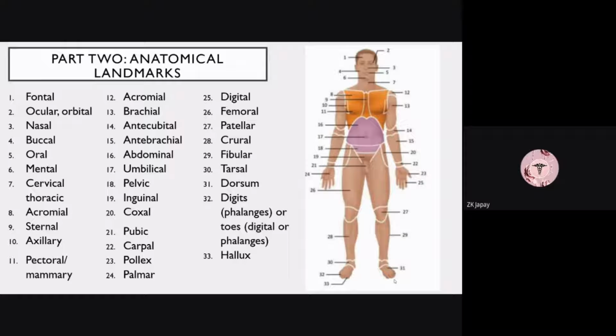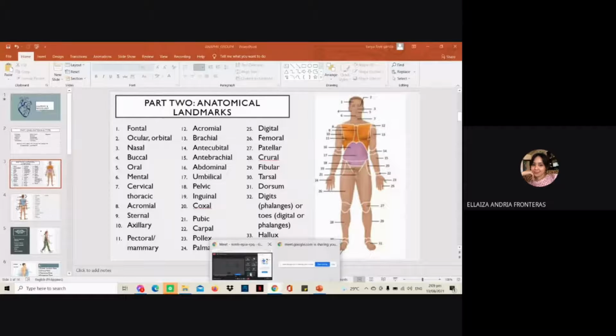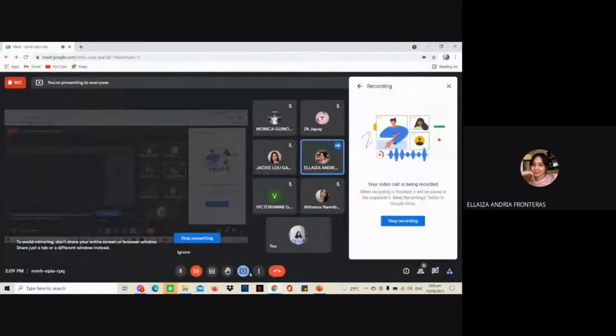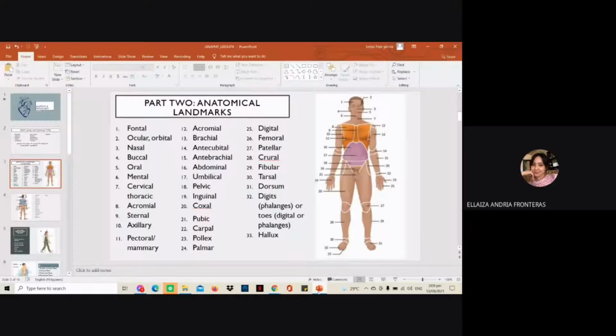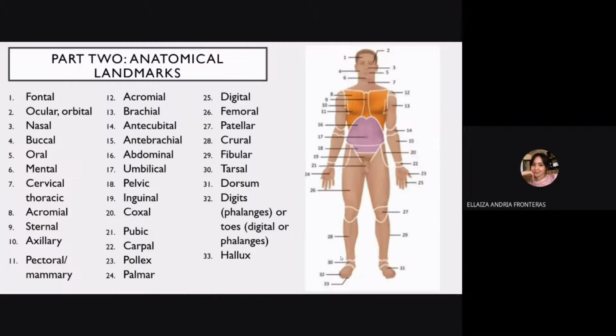22, carpal or wrist. 23, pollex or thumb. 24, palmar or palm. For continuation, number 26, femoral or thigh, patellar or kneecap, 28, crural or leg, 29, fibular, 30, tarsal or ankle, 31, dorsum of the foot, 32, digits